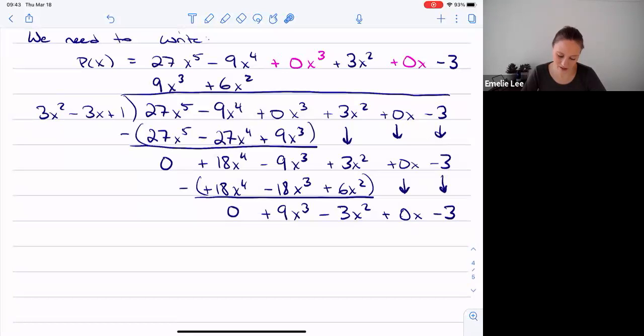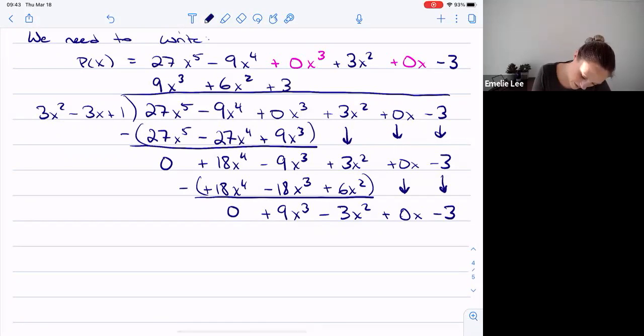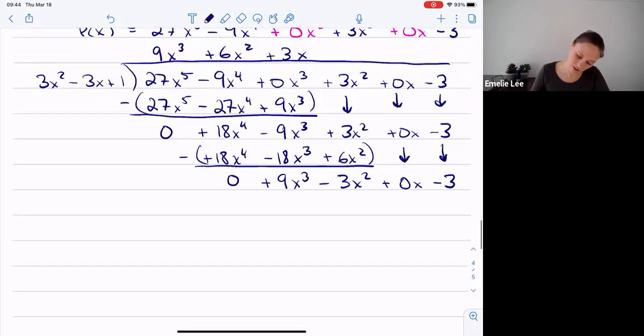So 9x to the 3 divided by 3x squared, I can still do that, right? And so 9 divided by 3 is 3. So I have plus 3x now. Makes sense. I have x to the 3, x to the 2, and then now x. So okay, checks out. So now if I do 3x times 3x squared minus 3x plus 1,